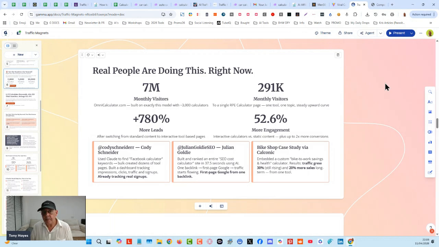Since we're able to now build tools with AI, it's completely changed the business model. What I've been doing recently, because I'm not in the trenches so much as I used to be, is I set up what I call a social listening system. It's a pipeline of all the how-to methods, all the case studies people are sharing, stuff that's working right now, and it goes into a Google Sheet.